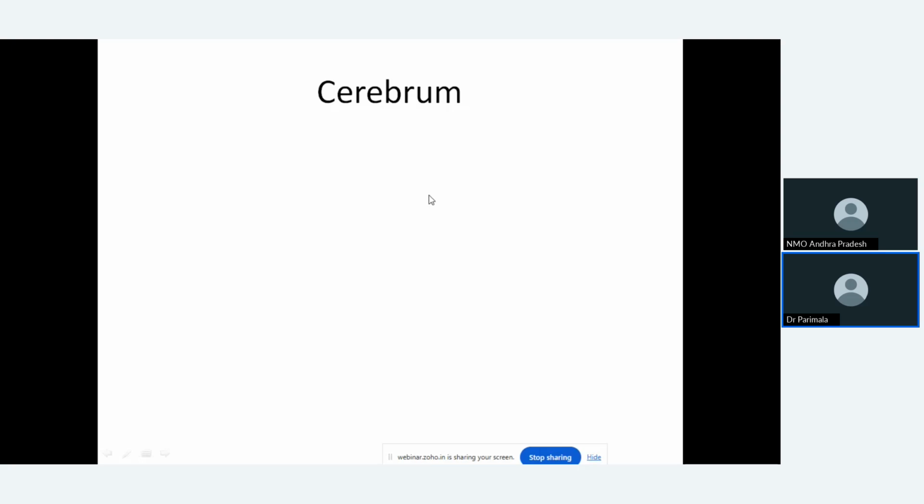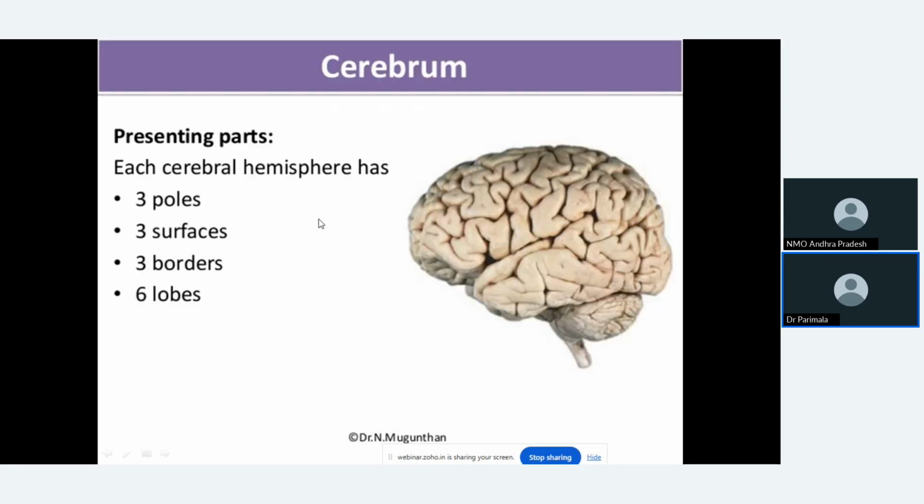So cerebrum is the thing which differentiates human beings from the rest of the lower animals. It is the extensive development of cerebrum that gives humans their identity of intellect. We are dominating nature because of this extensive cerebrum that we have, blessed by God for us, right? We'll go into the cerebrum topic. The most important question in the cerebrum is the superolateral surface of cerebrum and its functional areas.